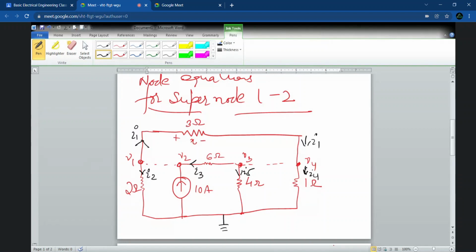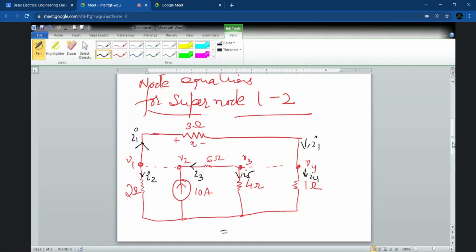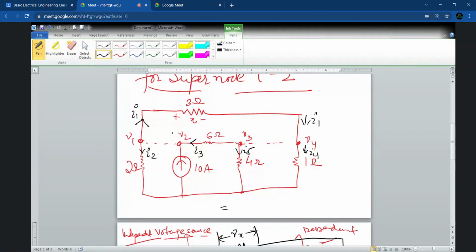Everybody write down the node equation for the supernode 1 and 2 first. Just see the incoming and outgoing currents and write the equation. The same way that we have written, then we will write that I in terms of V and R. Just write down the node equation from this and tell me what is the equation. I'll be writing over here. I1 plus I2 plus I3. Yes, you have to mention I3 also. If I3 is towards, then the 10 is also towards. So I1 plus I2 plus I3 plus 10 is equal to 0.